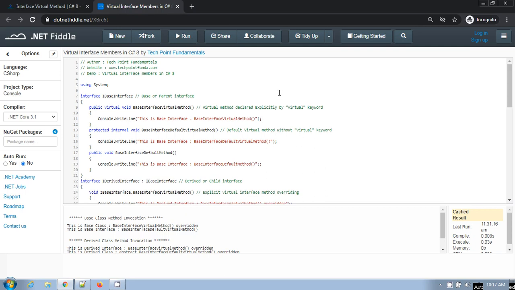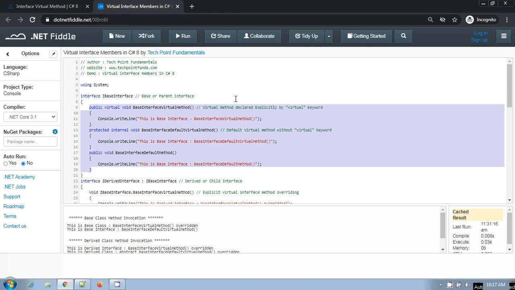I have written a simple basic console application, where we can see all the points one by one. Here, we have kept this virtual keyword explicitly. But here we are not providing any virtual keyword explicitly, yet all these methods are virtual, whether you specify the virtual keyword or not.